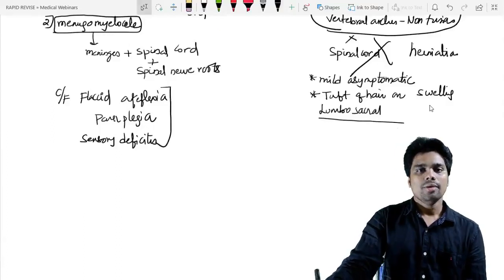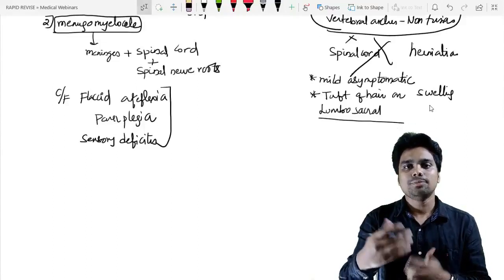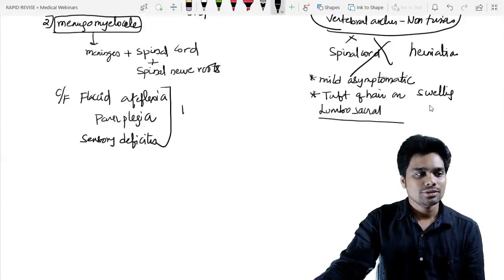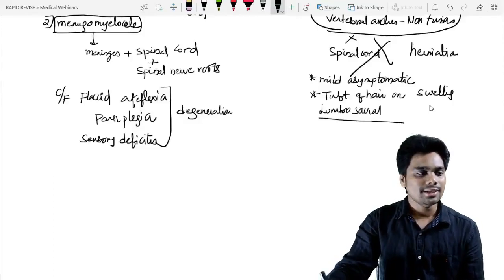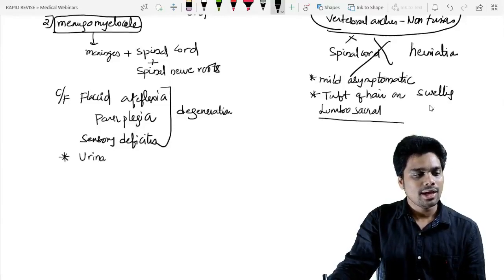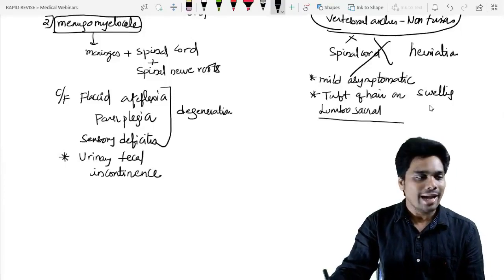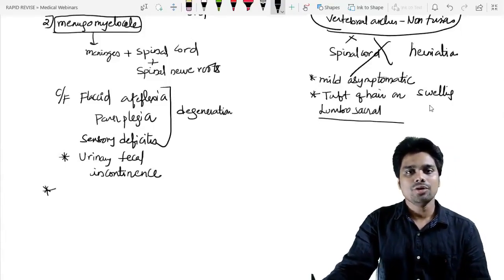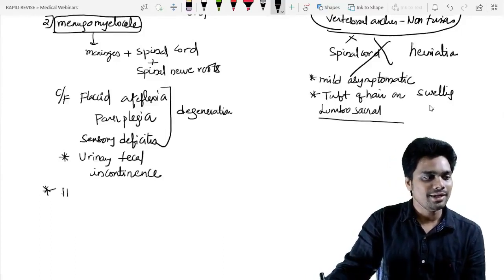As I told you, because of the opening of the spinal cord tissue to the outside environment, the exposed tissue degenerates. So whenever there is degeneration of the spinal cord, severity is high, and the child may also have problems with urinary and fecal incontinence. So this is the issue with meningomyelocele. These are the clinical features. There is one more point to be added here. What happens because of the bulging of the meningomyelocele? Sometimes there is herniation